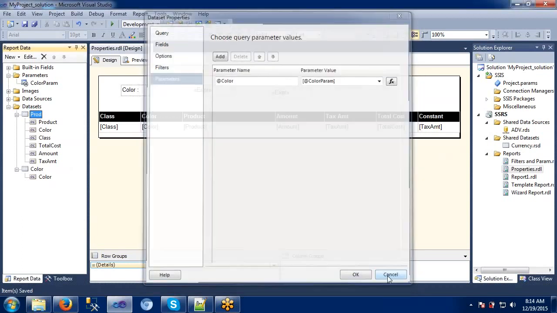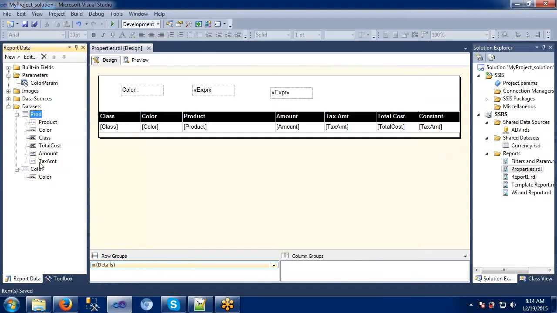I'm just trying to remove those things because it is taking me to some next page. That's why I'm trying to remove this one. Okay, don't worry, we'll see this one.